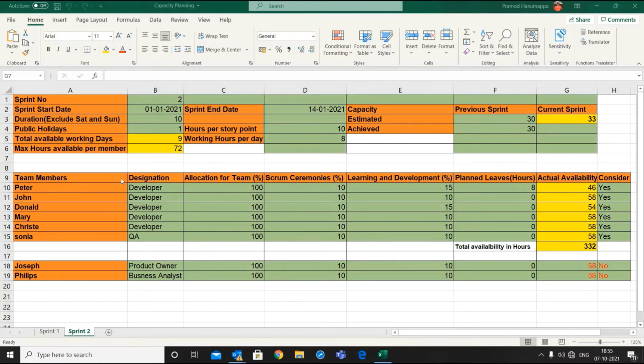Now, we need to calculate each member's actual availability to calculate the total capacity of the team. So, let's take an example of Peter and see how to calculate the actual availability of Peter considering factors like allocation for the team, time spent for Scrum ceremonies, time spent for learning and development, and planned leaves.